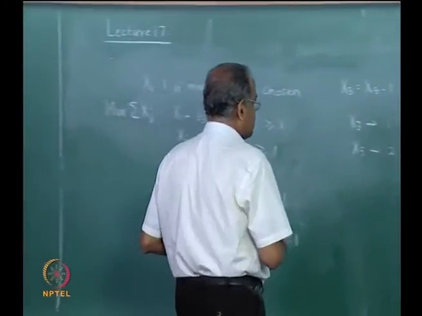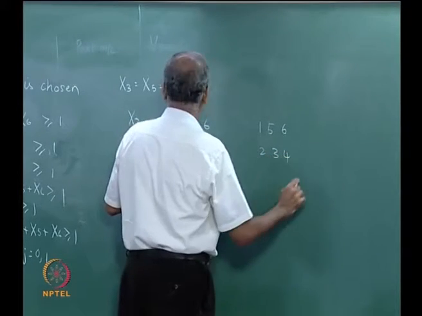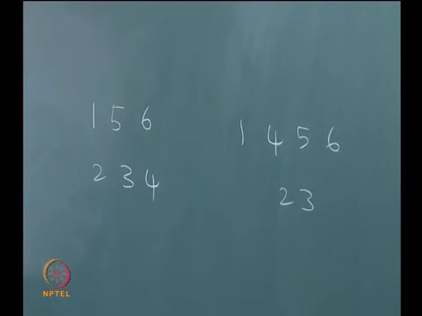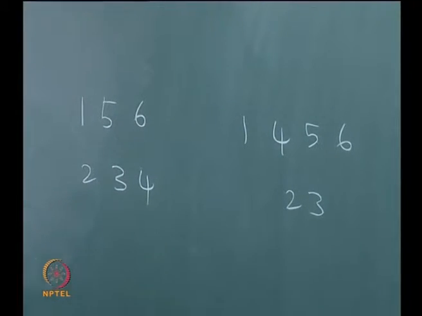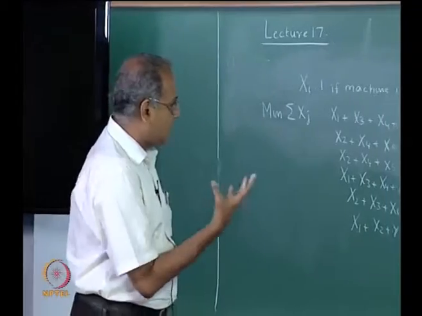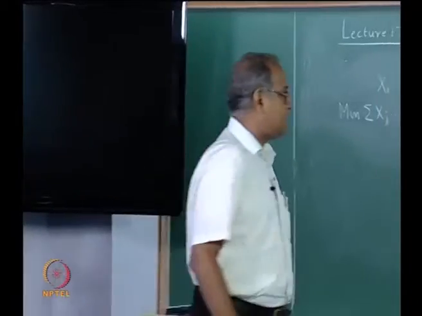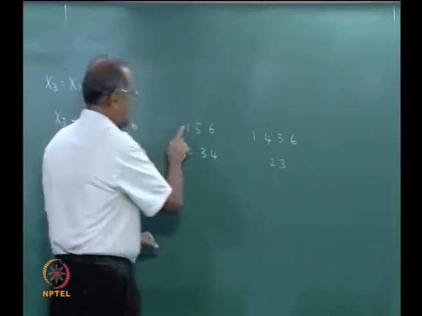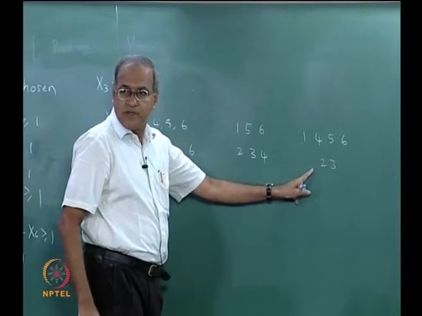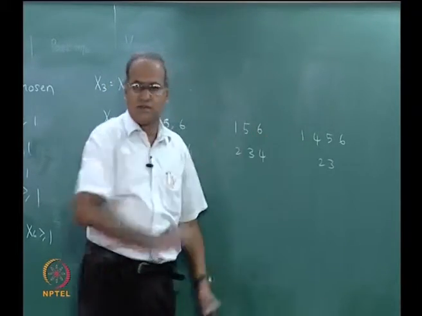Ordinarily we would choose a solution with 1, 5, 6, 2, 3, 4 versus a solution 1, 4, 5, 6 and 2, 3. It would also depend on the processing times, but if we want better control, and we assume all the processing times are equal, then this would have a processing time of 3, this would have 3, whereas this would have 4 and 2. So, the cycle time will be 3 here, cycle time will be 4 here. So, we would choose this instead of this.